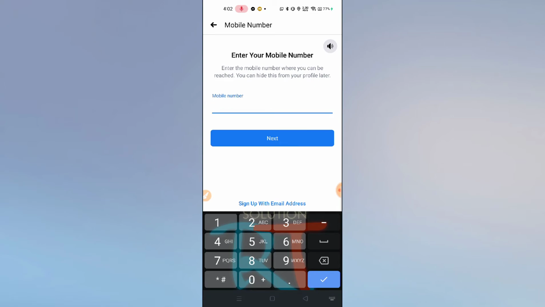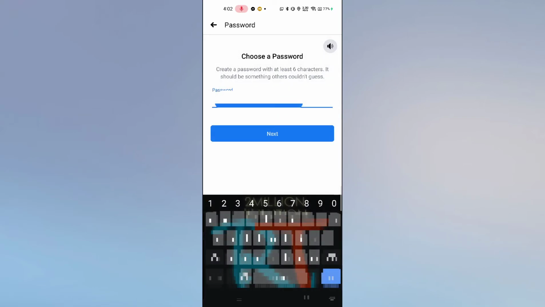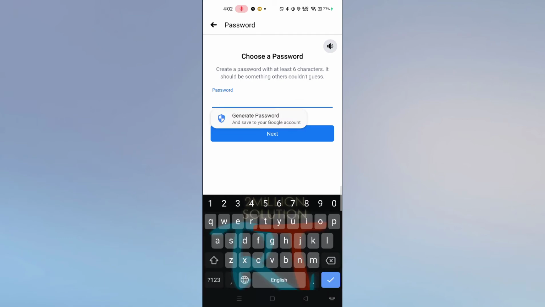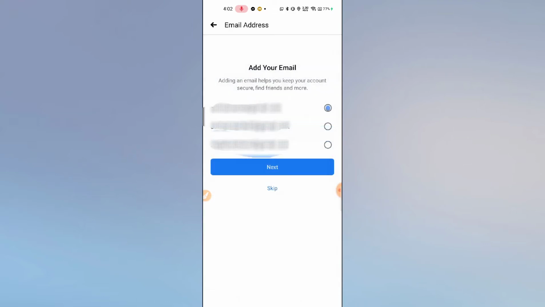Here you have to enter your mobile number. So let me just enter my mobile number here. Okay, now click on the next option, and then you have to create your password. So let me just enter it. And then now click on the next option, and you can see here, if you want to add